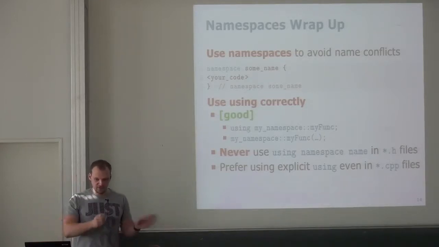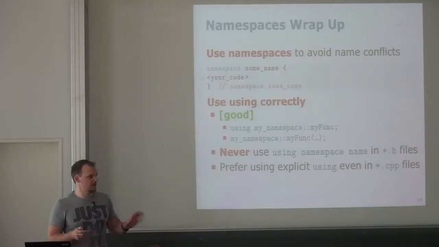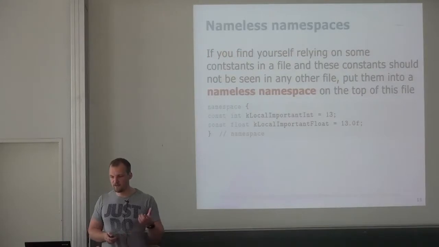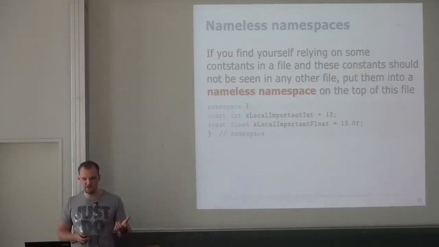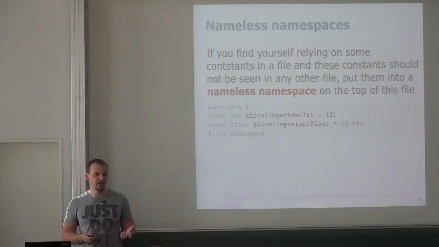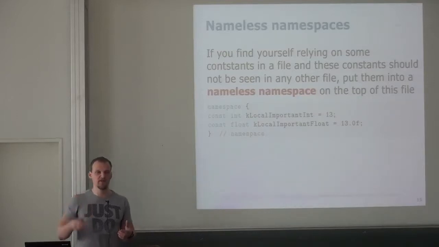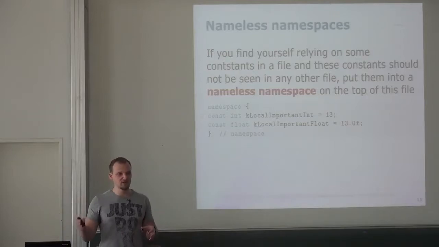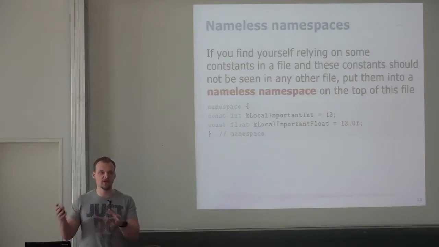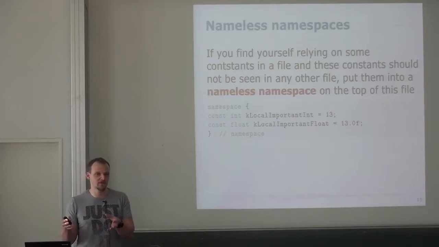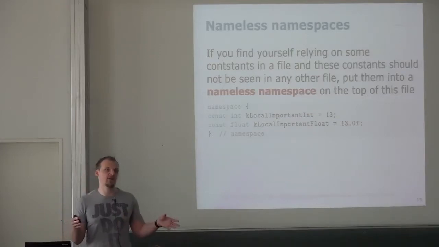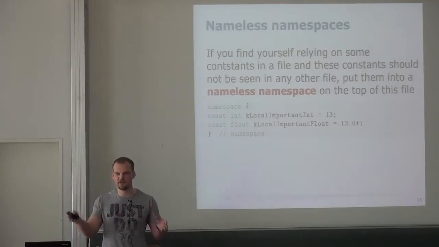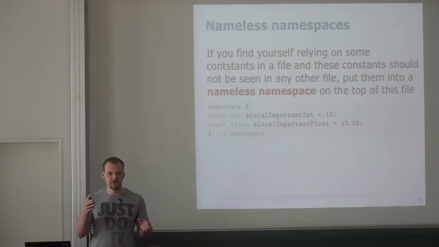Good. So that was a short thing about namespaces. I think that was an appropriate time to do them. One more thing about that is you can have nameless namespaces. So if you write your CPP file and you find yourself that you are using some number, don't ever use just a bare number in your code. Like if you want to say your local variable will always be 10, don't ever write it in a function like i equals 10 or something, because it's called a